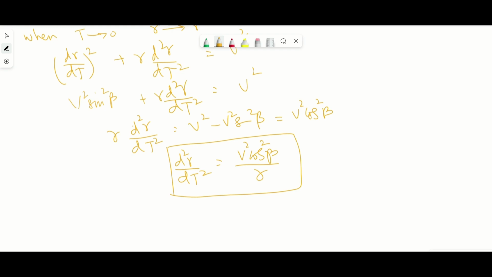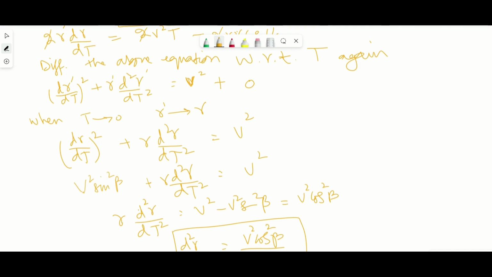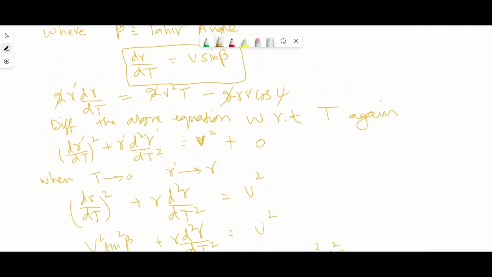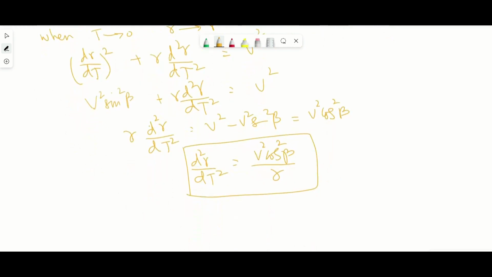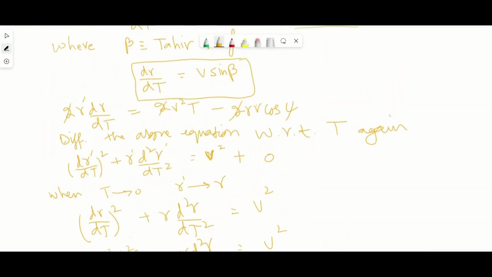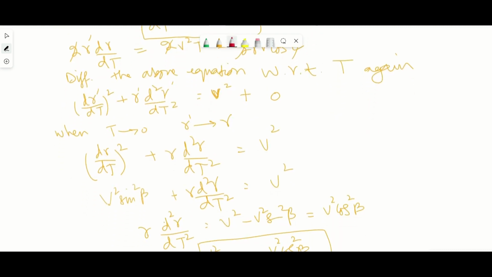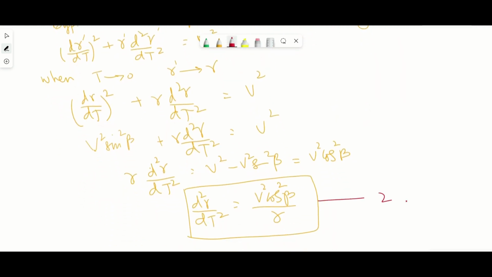So this is the intermediate identity that we need to put in the next equation to get the second result along with dr over dt is equal to v sine beta. Okay, so let us call this equation 1 and call this equation